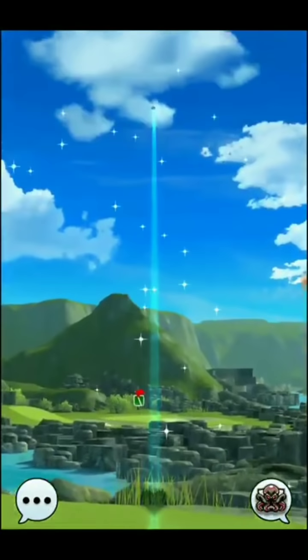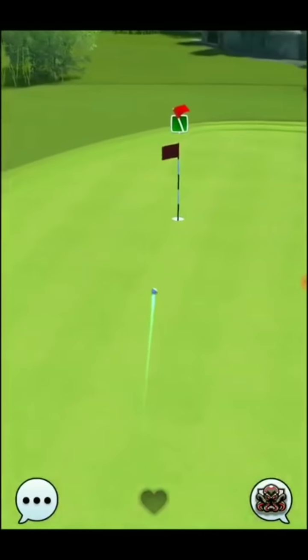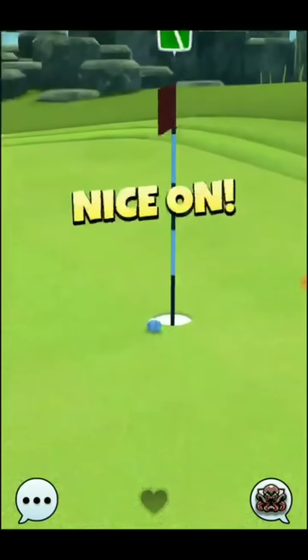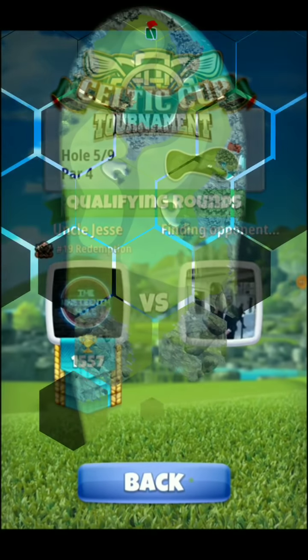We hit this one perfect, and you see this one rolls in very nicely. A beautiful shot. That extra side spin definitely would have done the trick though, and I believe we would have got the ace. So that's why you want the 2 backspin and 3 right spin. So for that,